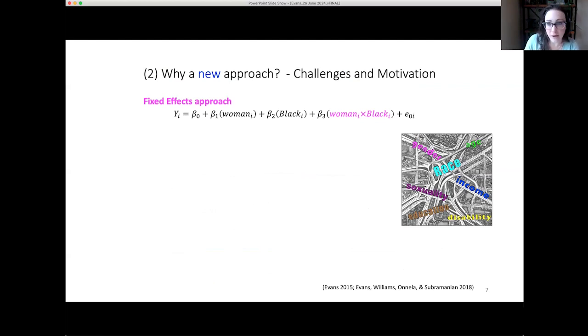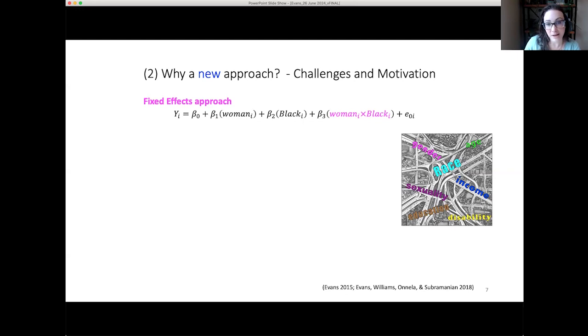It's fairly simple. So as quite a basic example, if we just are comparing non-Hispanic Black and white participants and women and men, so just 4 categories, very simple model, we might set up a model like this. We have some outcome for person i in our sample, and then that's going to be equal to some combination of beta terms, an intercept representing our reference group here, which would be white men, and then an effect for woman, Black, and woman times Black.